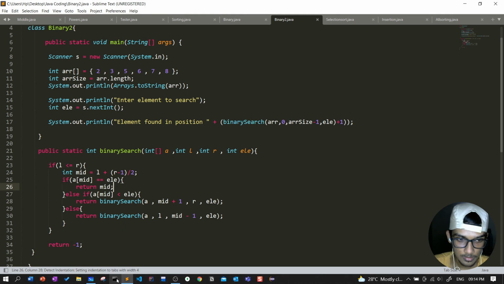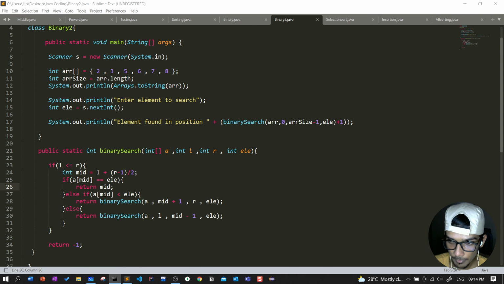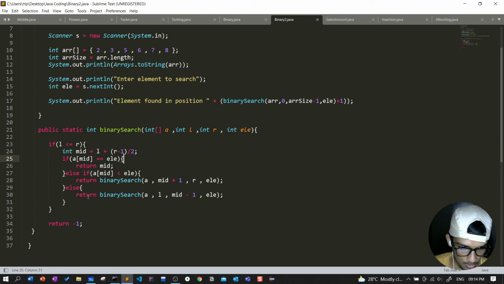Okay, we have a Sublime Text editor and I have a code there, and we will be checking this. Now what I am doing is a recursive function. So this is the condition, if left less than or equal to right. So now we will be finding the mid element, and don't worry about this, this is all made with Java code. So this is the kind of recursion function. If the array of mid, that means the 2 or 3 element we are finding, so the element will be 2. So array of mid element is 4. This condition doesn't satisfy, because this is the smallest element we are finding as 4. So how it really works, I will be doing in the GUI format.